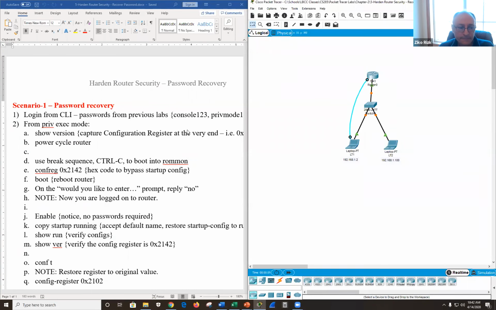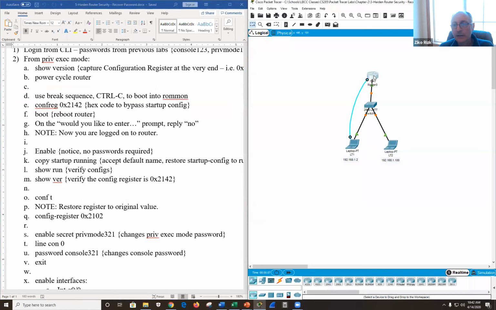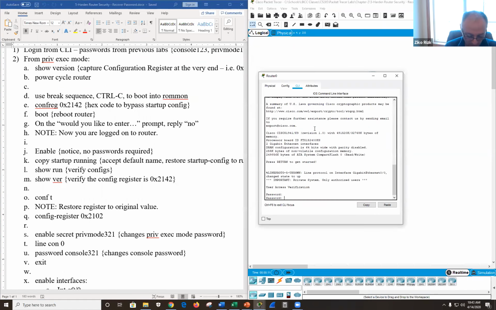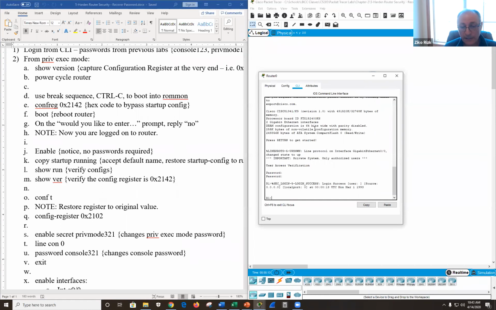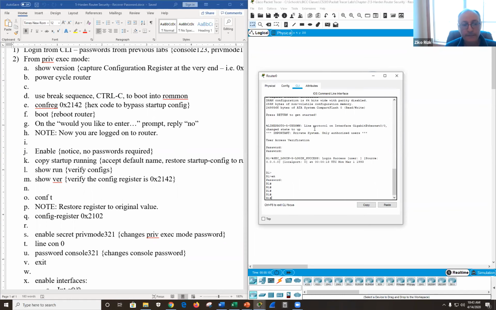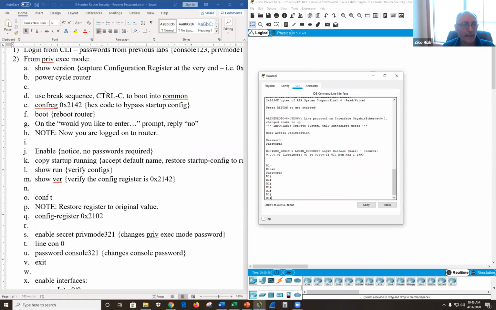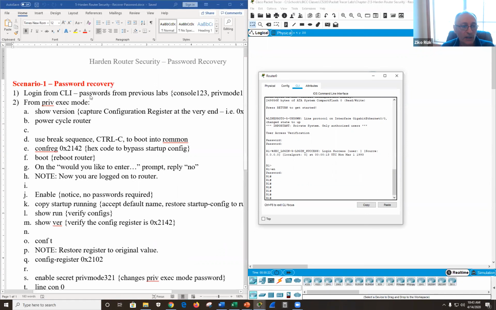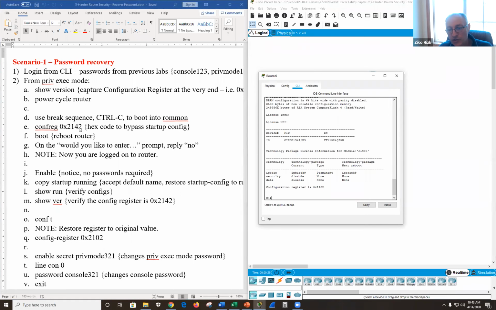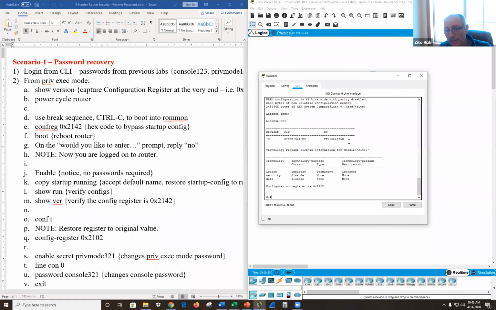Same lab. So let me log on. Same passwords. Console 123. Priv mode 123. Okay. And I have to do a show run. Okay, show version, sorry. Show version, and show version is showing you a lot of information,